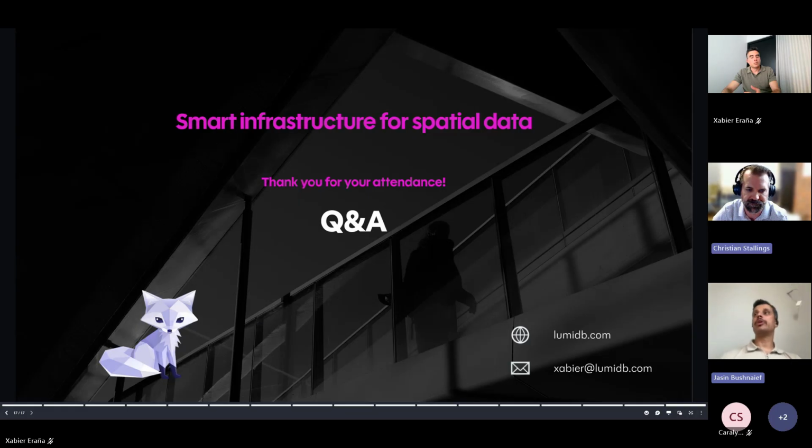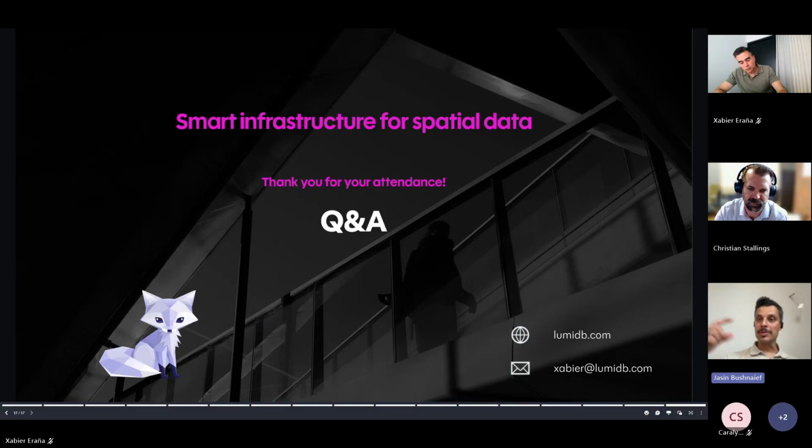Right. So currently you don't really need to install anything. LumiDB itself has a web-based interface which will run on any computer with a web browser. In addition, if you want to connect LumiDB into software such as ArcGIS, you don't need to install any extra plugins. It'll work out of the box. The product itself has instructions on how to connect a LumiDB dataset into ArcGIS or QGIS, and you don't need to install pretty much anything. So yeah, no external dependencies there.